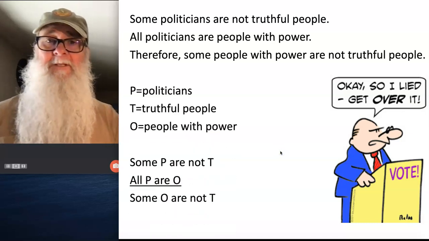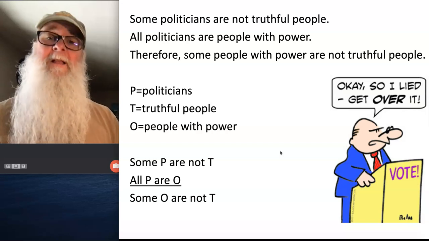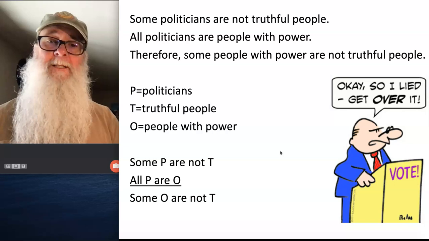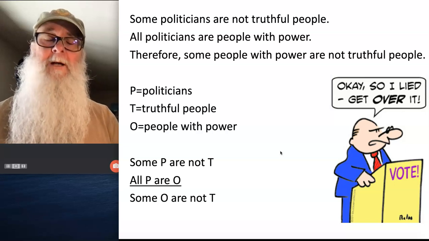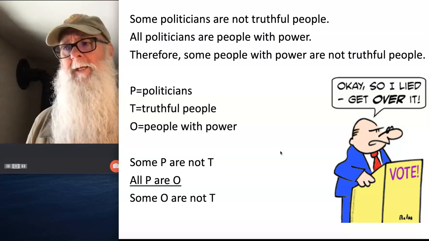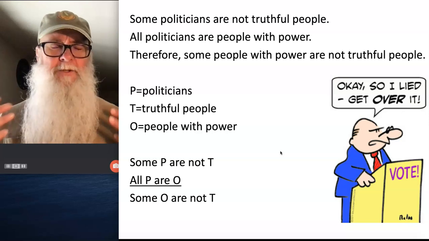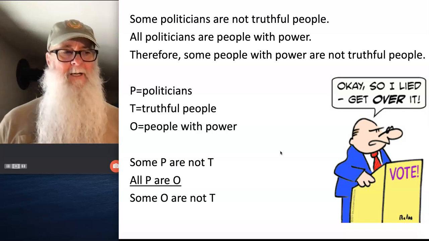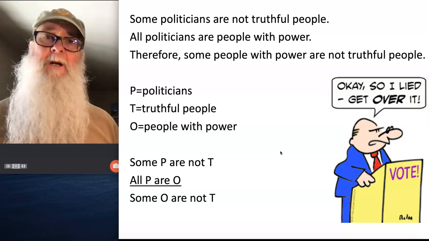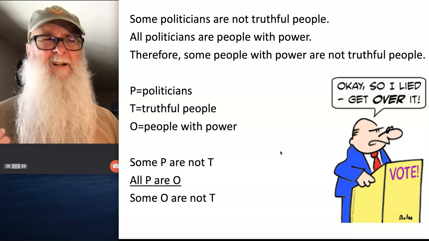I chose P to represent politicians, T to represent truthful people, and O to represent people with power. And that renders the argument: some P are not T, all P are O, some O are not T. Now, I know that rewriting the argument symbolically and identifying your letters with your terms can seem like busy work, but this is going to be a super important step for you to be following as we move forward and things get more complicated. It will greatly reduce the number of errors that you make,